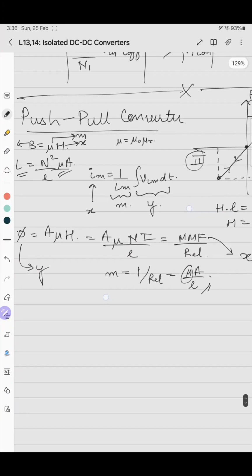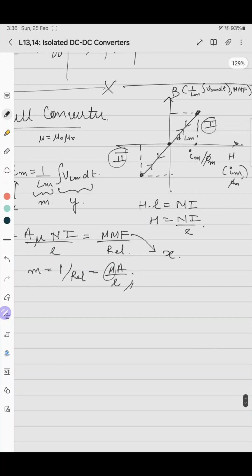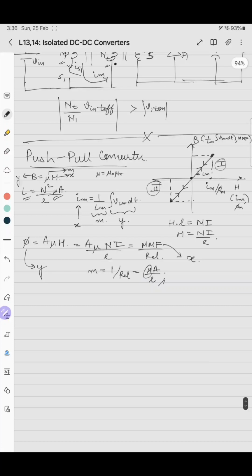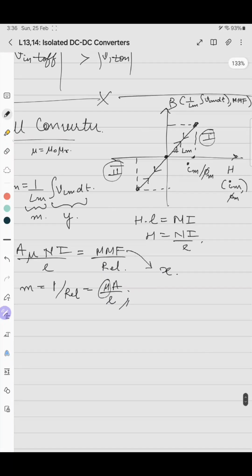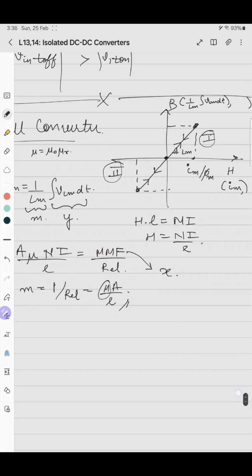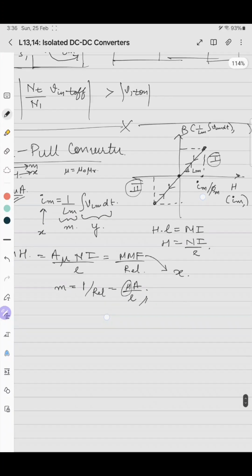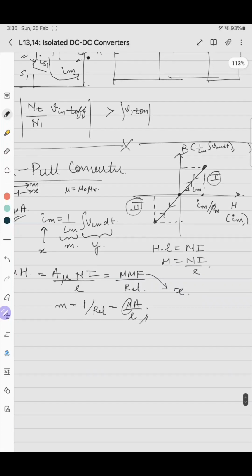Im is on the x-axis, so phi should go on the y-axis and the x-axis should be MMF. So I think I reversed it here. Either it is a B versus H graph, or a 1 by Lm integral Vm dt versus Im graph, or on the y-axis phi m, and on the x-axis MMF,